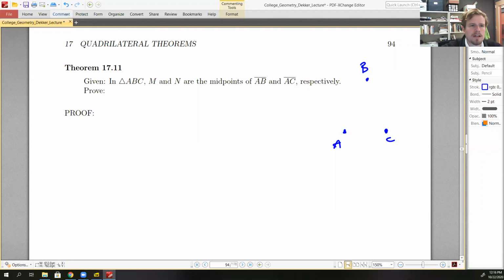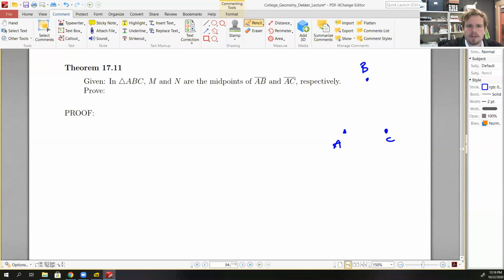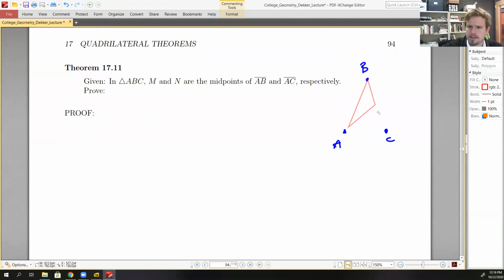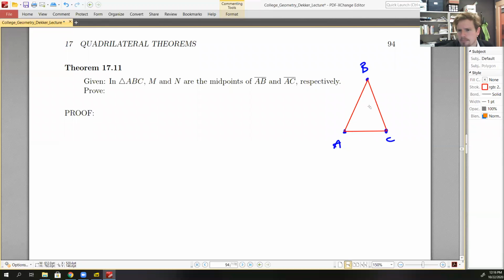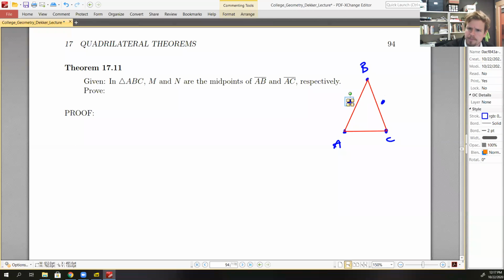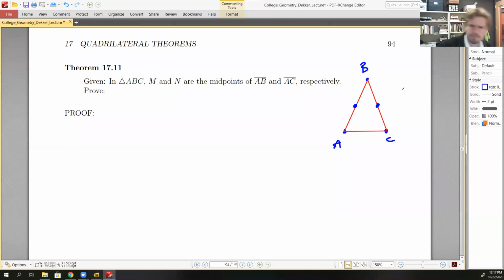So let's grab our ability to draw a polygon here. So here's our polygon, and I'd like to add a couple of midpoints here. So let's add a midpoint for this side and a midpoint for that side, and move them onto the actual sides here. That looks pretty good. And this looks a bit like an isosceles triangle, and it doesn't have to be